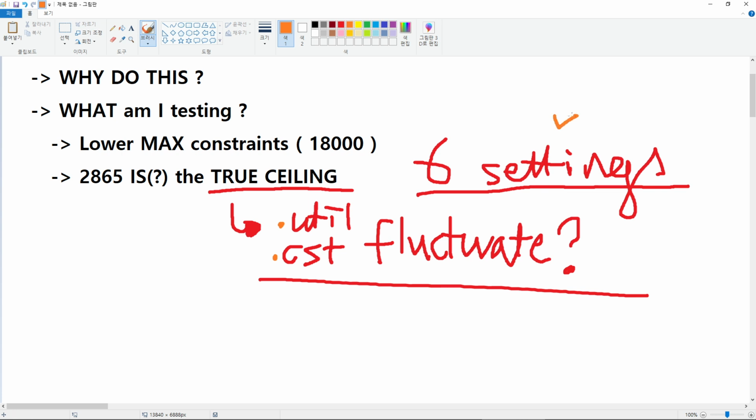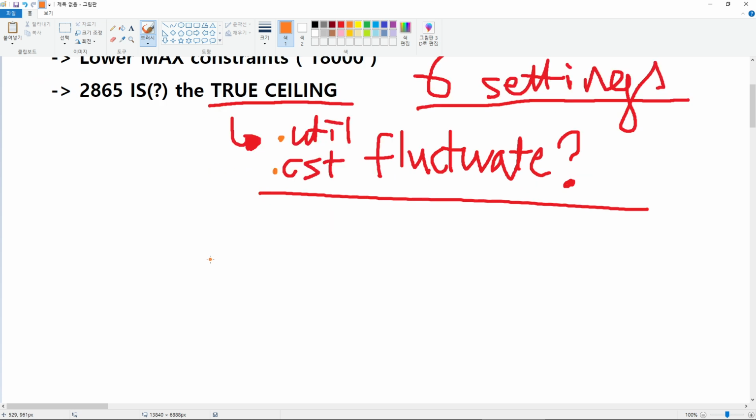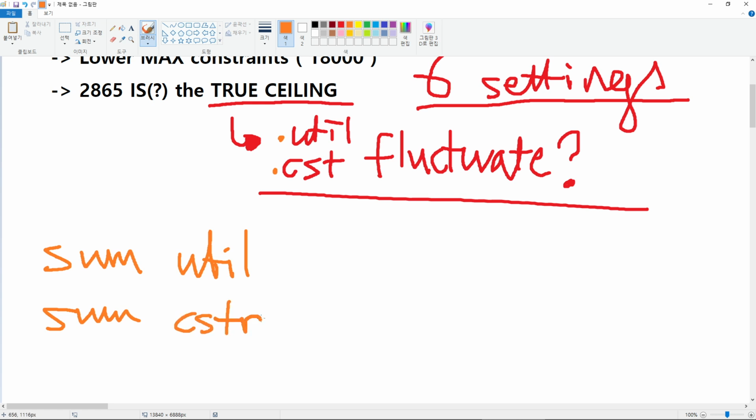When the evolution is done with all the entities, I would go through all the entities that were ever created within that evolution, and calculate the summed utility values and summed constraint values